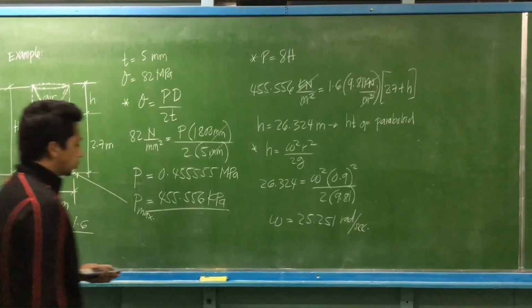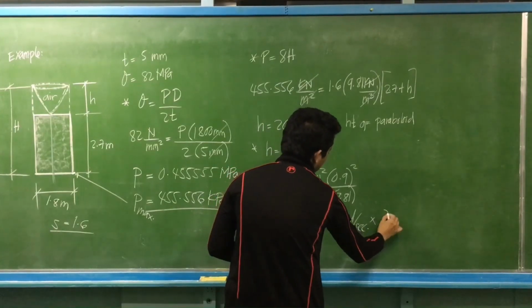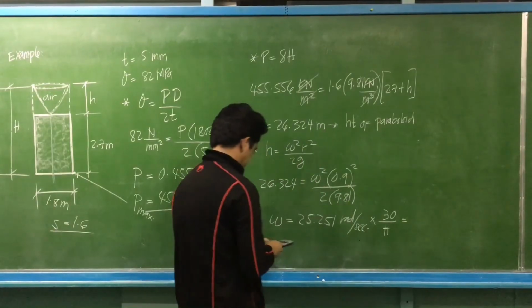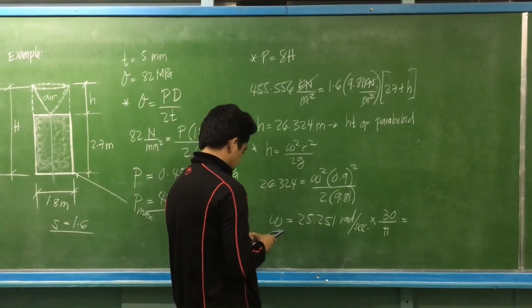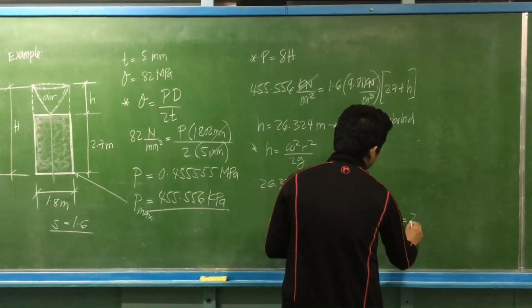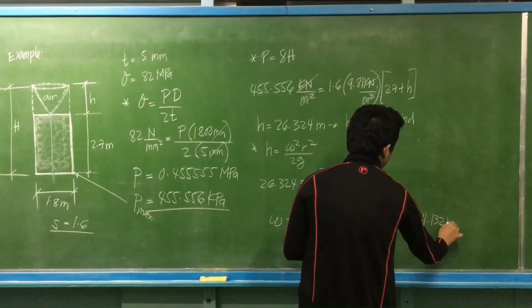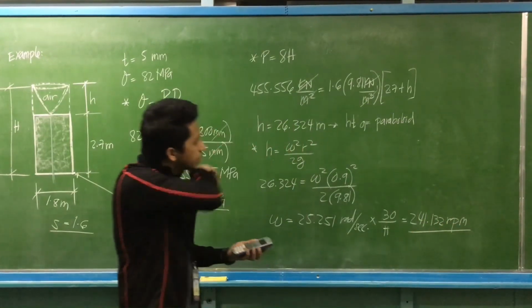Okay, so if you wish to convert this to RPM, simply multiply by 30 over pi. So 241.132 revolutions per minute. So this is for